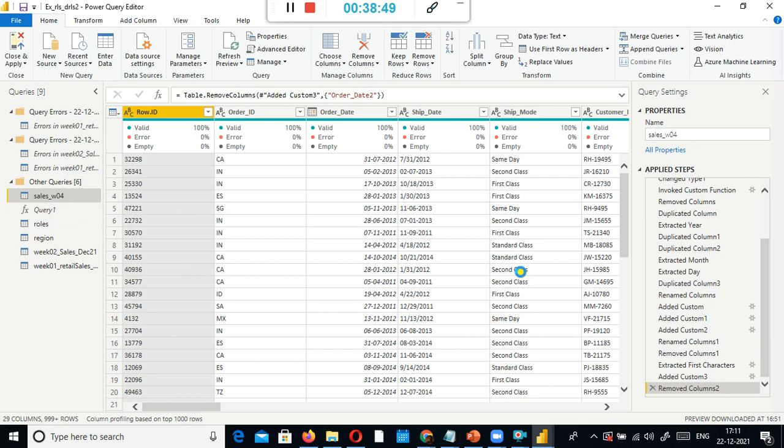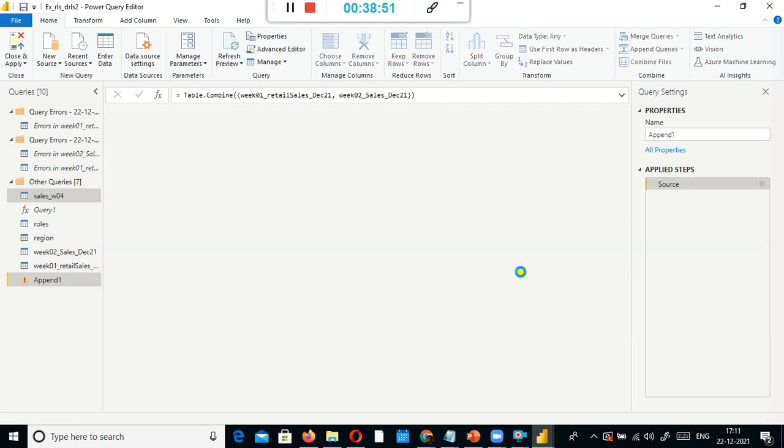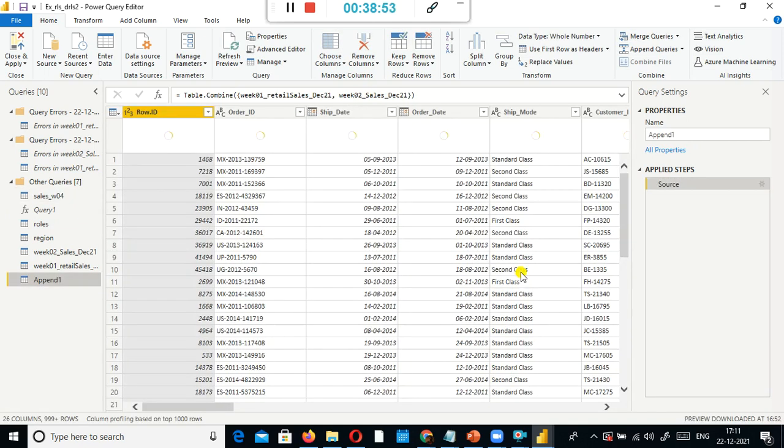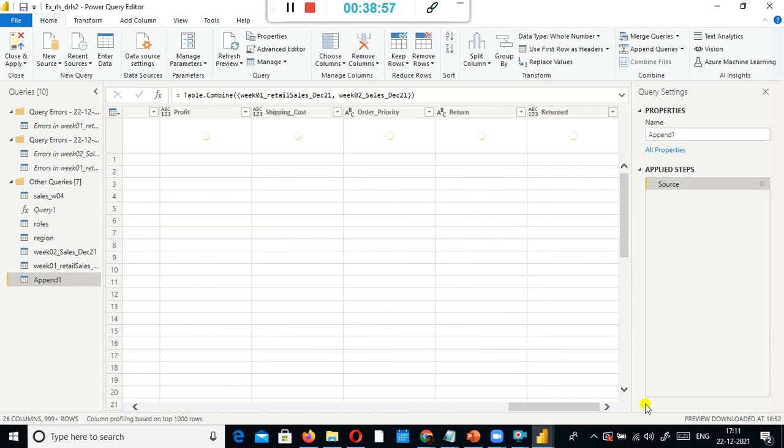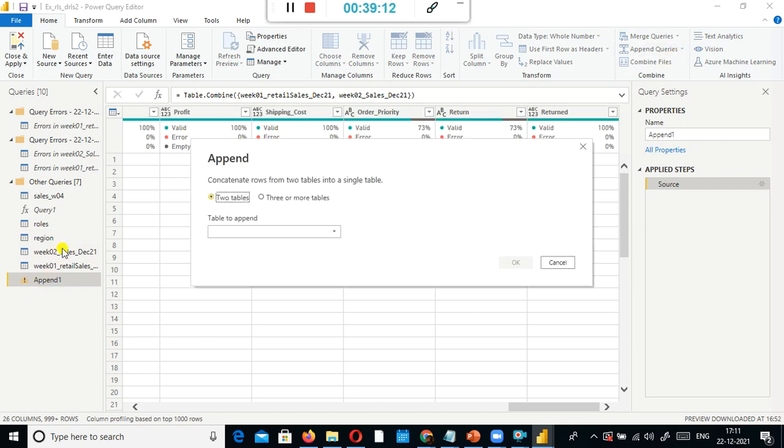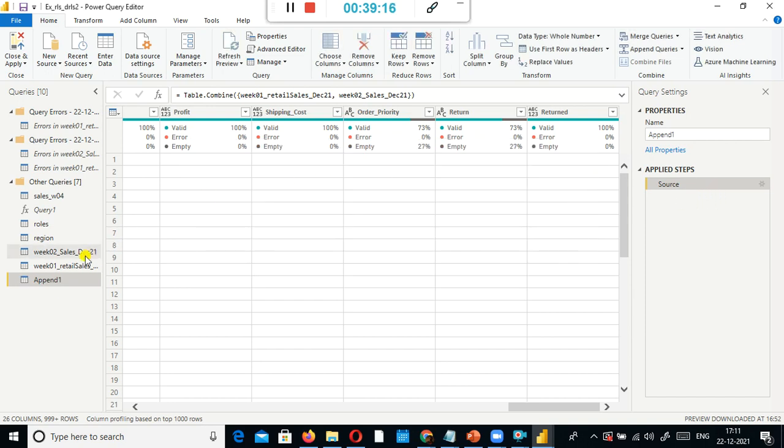Let us see what happens. Good, it created. It combined or consolidated these two files into a single file, append one. See, append queries as new. That is the advantage of it. So combine these two and create a new one, so there should not be any confusion.